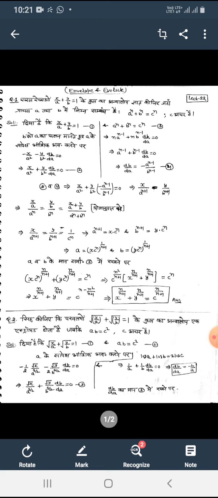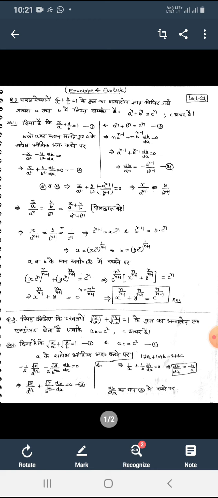Put the value of a and b in equation number 3, we find that x into c raised to power n whole power n upon n plus 1 plus y into c raised to power n whole raised to power n upon n plus 1 is equal to c raised to power n, implies that c raised to power n square upon n plus 1 into bracket x raised to power n upon n plus 1 plus y raised to power n upon n plus 1 bracket close is equal to c raised to power n, implies that